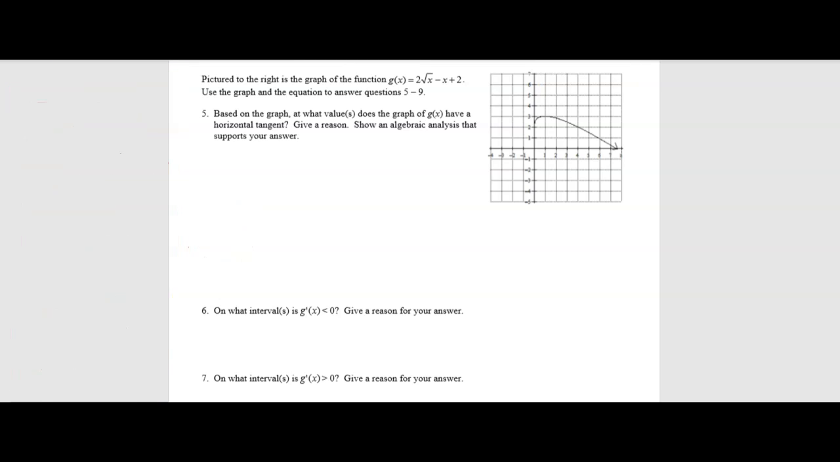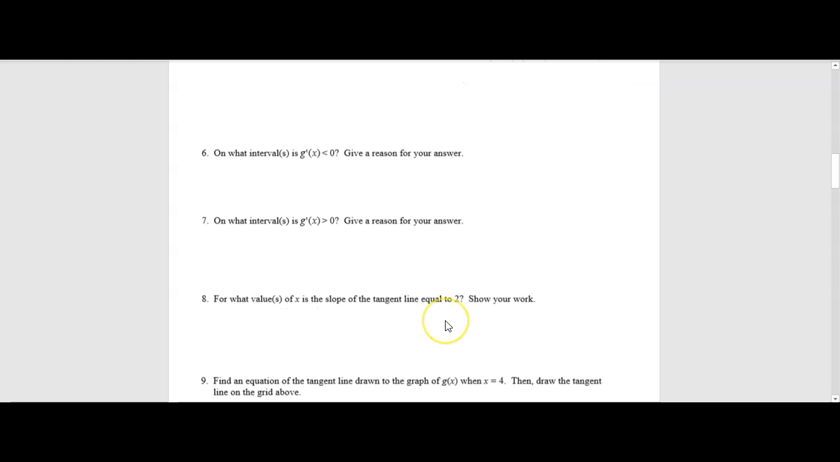All right, final question on this page, and then we are going to be done with part 1 for this video. Number 9 says, find an equation of the tangent line drawn to the graph of g of x when x is equal to 4. Then draw the tangent line on the grid above. So we need the equation of a tangent line when x is equal to 4. So let's do our work right here. This is going to be number 9. We're always going to start out with point-slope form when we're building the equation of a line. So y minus y1 equals m times the quantity x minus x1. Now we know that x is equal to 4, so we have our x1. To find our y1,